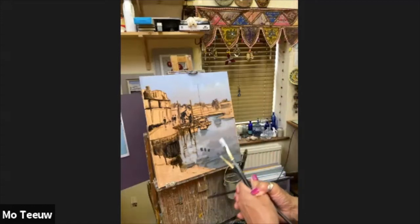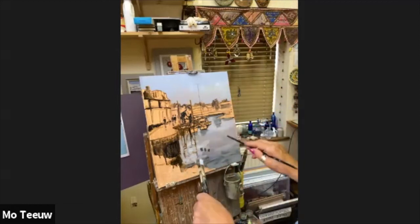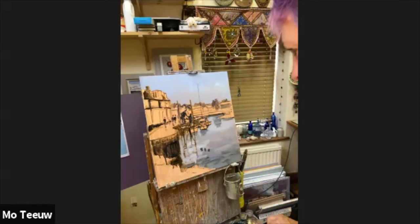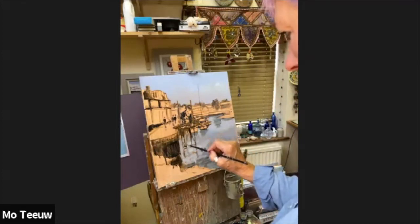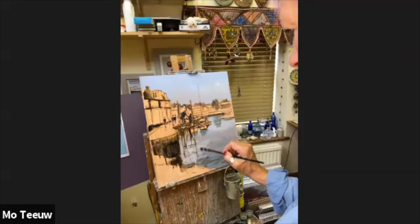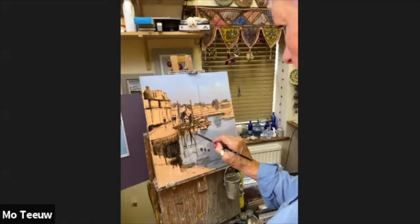Right, okay, so got the sky reflected. I shall come back to that. I painted over quite a lot of the jetty when I was doing the water, but again, it's picking up the white, but